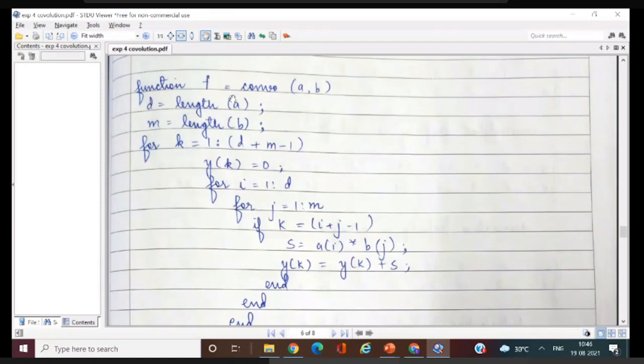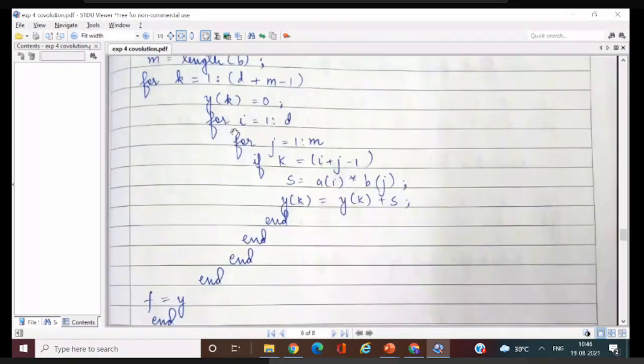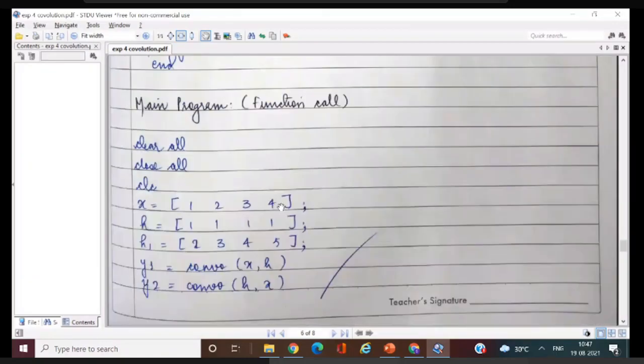Okay. So f is equal to convo a comma b. Then under that you write the function. This is the same method that was discussed earlier. Okay. Just use this, and each time